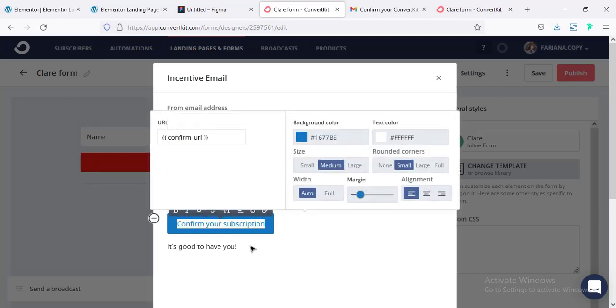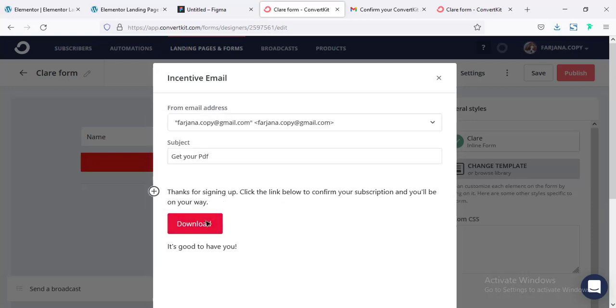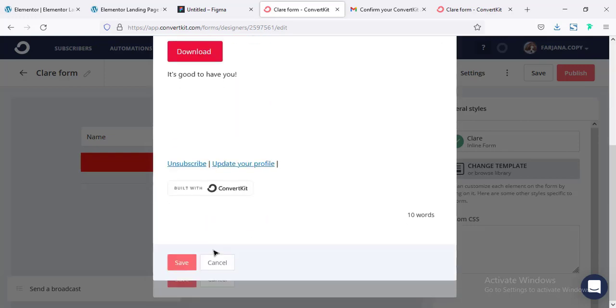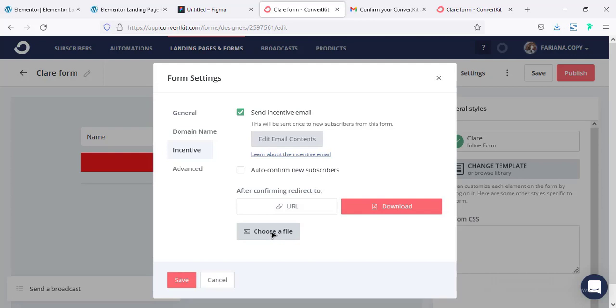We can change all this text, and instead of confirm your subscription, here we can type something like download, and we can also change this color to our red color, and we can also change all this text. For example, "here is your PDF", and we can add some best copy which you need, and finally save it. And after confirming, redirect to, I'm selecting the download, and from here I'm selecting the file,